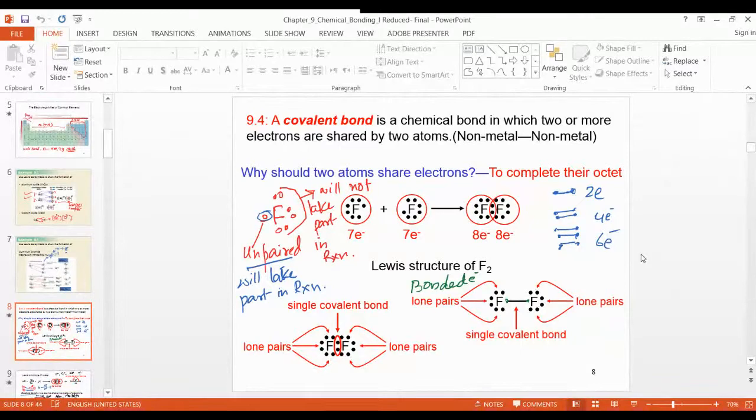Ionic bond and covalent bond. Covalent bond is the equal sharing of electrons between the same non-metal. If you have different non-metals, that is a polar covalent bond. They have different electronegativity. From 0 to 0.5, that is covalent. From 0.5 to 0.9, I think, I will show you here.